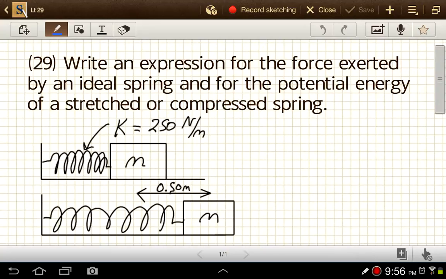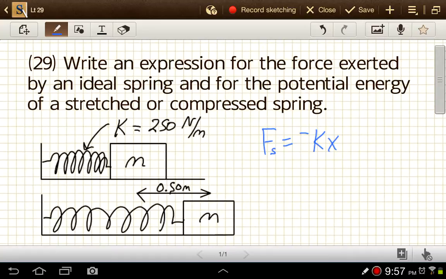And so this can be expressed in an equation that we call Hooke's law, which is usually written as F equals negative kx, and we give that the little subscript S for spring. Spring force is equal to negative kx, where k is the spring constant. And like I said, as we get farther away from the original length or the original position of that spring, the force is going to go up at a linear rate. So k is that rate of force increase as a function of distance. And then x is just going to be the distance stretched from the resting position or from the relaxed length